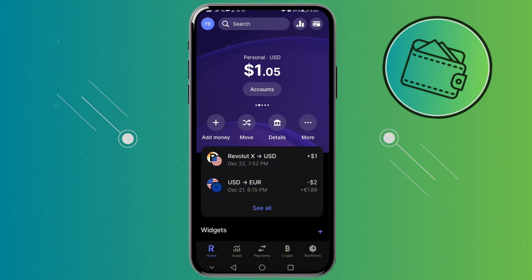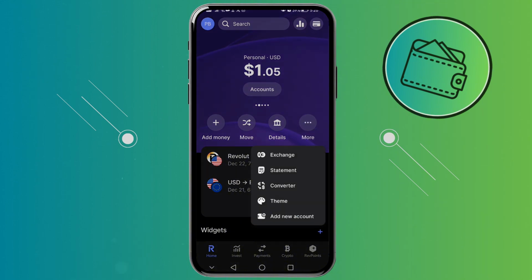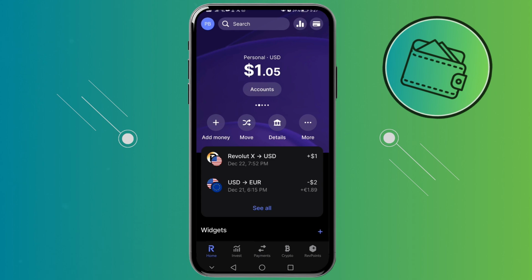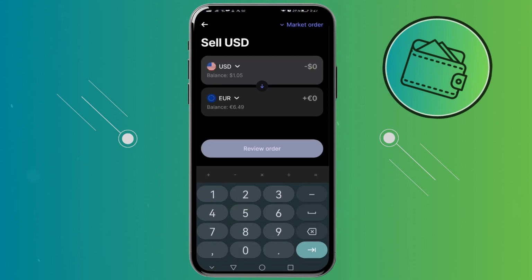So to do this, you would need to go to the three little dots right here that say more and click on the first option that says exchange. Now, once you clicked on exchange, this new window will load with your US dollars right here and the currency to which you want to switch those US dollars right below it. So in this case, we would need to change euros to Australian dollars. So we will just click on euros